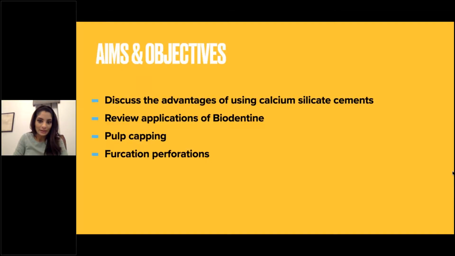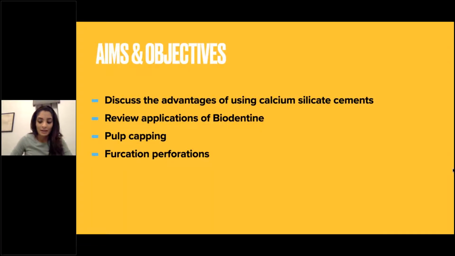So to start with, I'm going through the aims and objectives of today. The first is to discuss the advantages of using calcium silicate cements. I'm going to be reviewing the applications of Biodentine, and then focusing a little bit more on actually pulp capping and furcation repair,